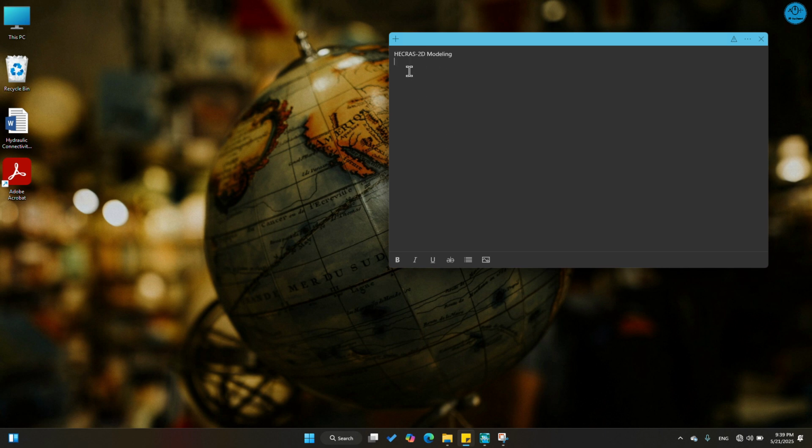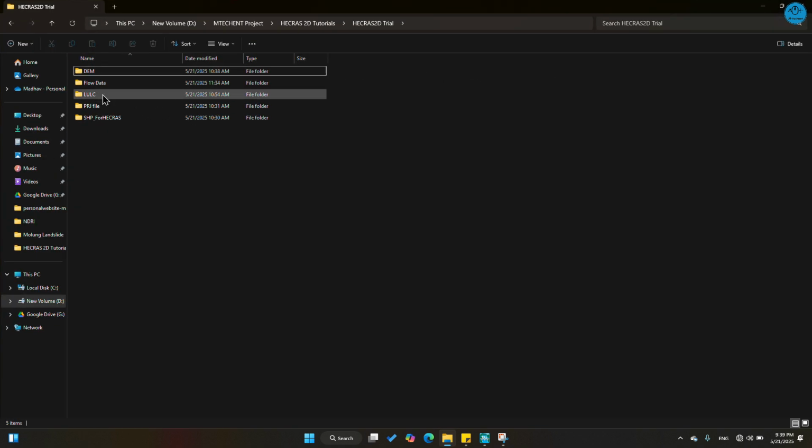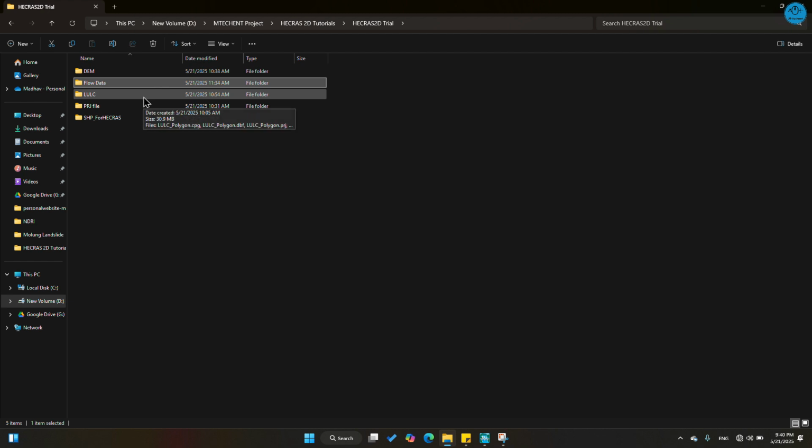Before that we have to create a folder named like this, and assign different folders for the essential data. I had already created a folder named HEC-RAS 2D trial. Inside this folder I have 5 different folders, one for DEM, another for flow data, and it depends on